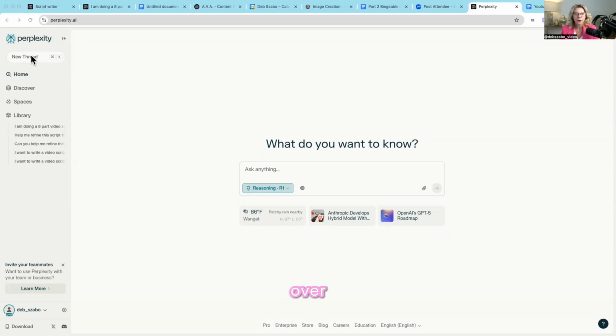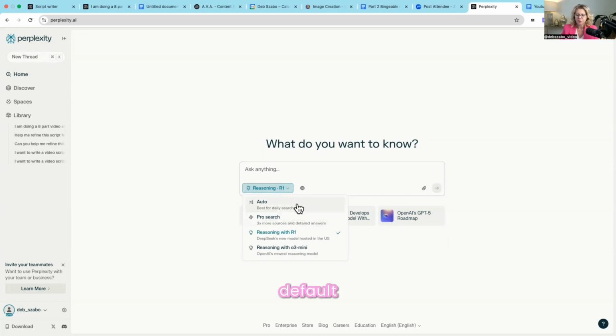So when you go over to create a new thread and you type in your query, if you are on the free version, you can just type away and you will get an answer using the default Perplexity mode. It is exceptional for research and getting you a really good quick answer. But when it comes to doing more nuanced tasks such as copywriting or problem solving, you might want to use a different model. So in the general thread, you can actually click on this drop down here,